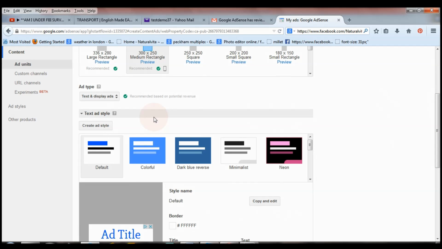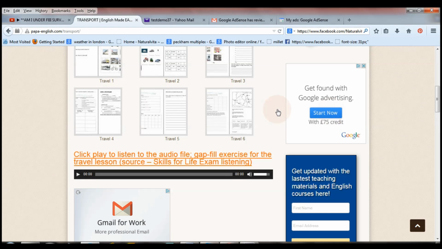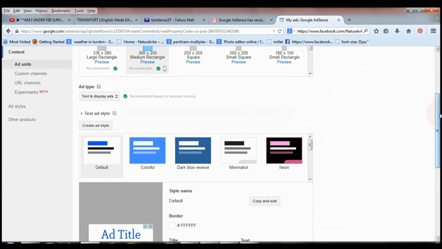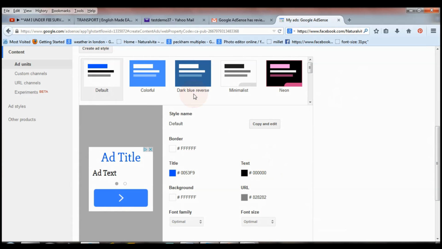And for this tutorial, I'm just going to choose text and display ad, which is something like this. Yeah, just text and display. Then you can also choose the color that you want. So let's go with minimalist. And then you can also customize your advert. I don't really spend time customizing it, but it is a good idea, especially if you've got a lot of